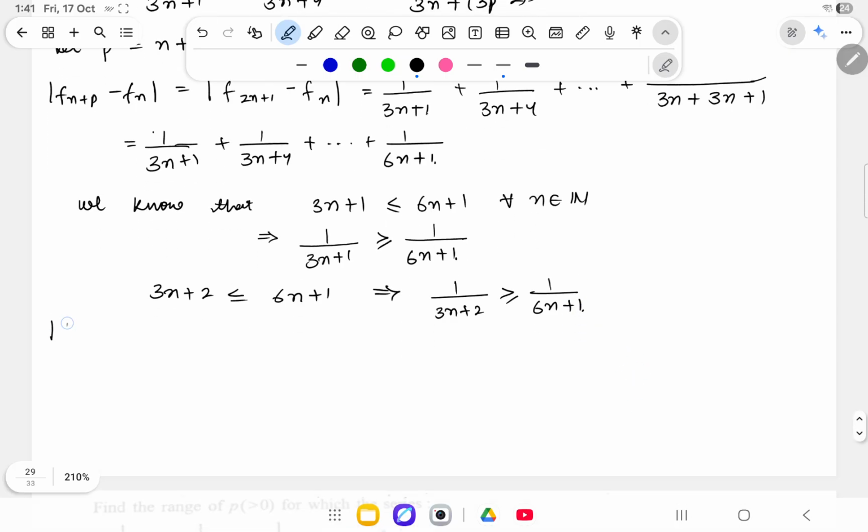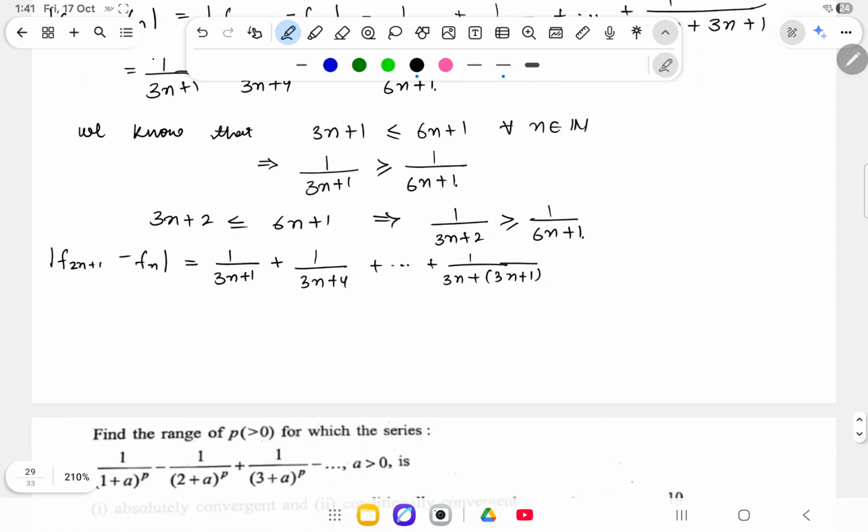So from here what we'll get is f of 2n plus 1 minus f of n is equal to 1 by 3n plus 1 plus 1 by 3n plus 4 up till 1 by 3n plus 1, and it will be greater than or equal to 1 by 6n plus 1 plus 1 by 6n plus 1 up till 1 by 6n plus 1. Now if you see that these are n terms,